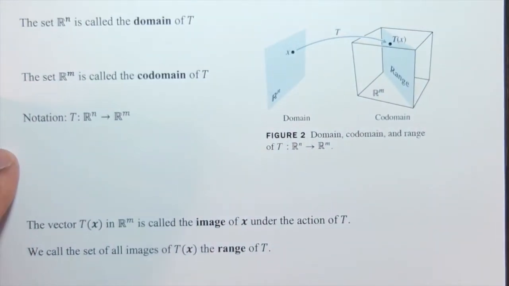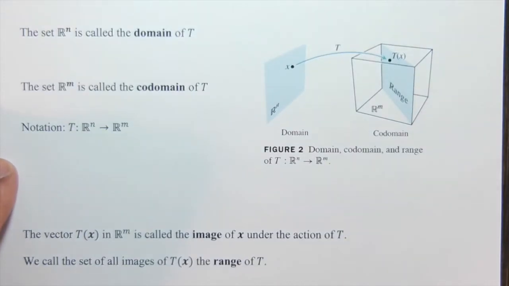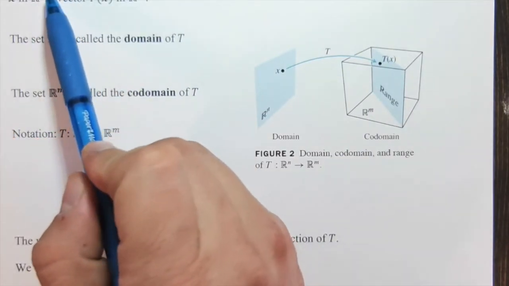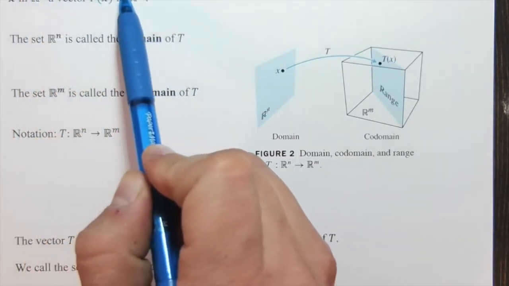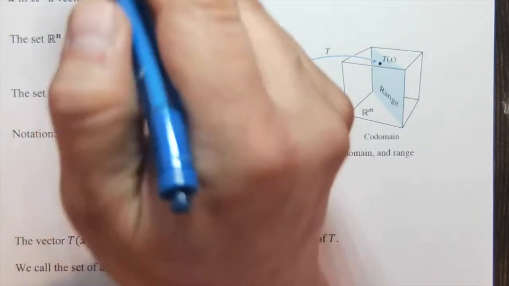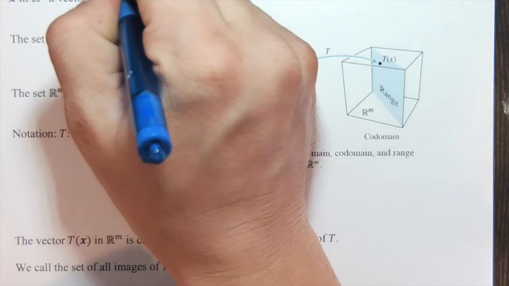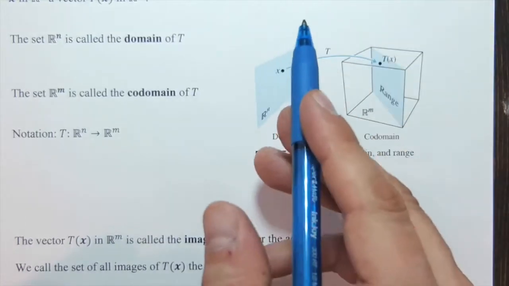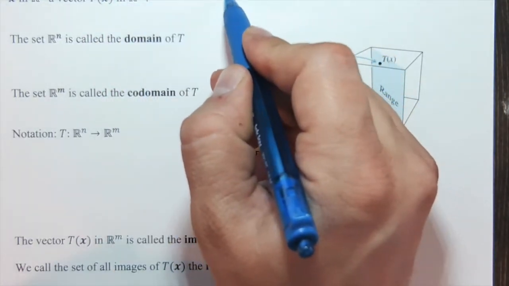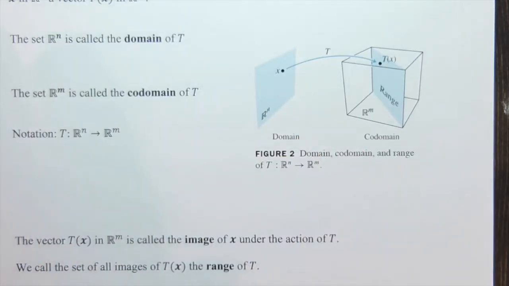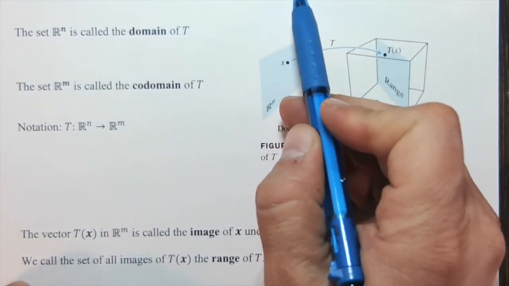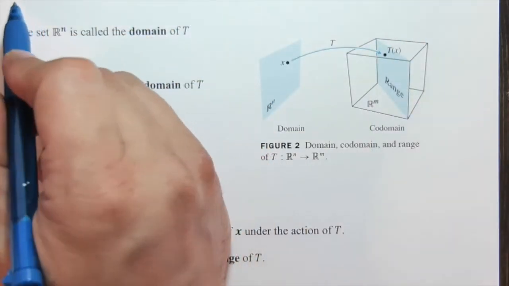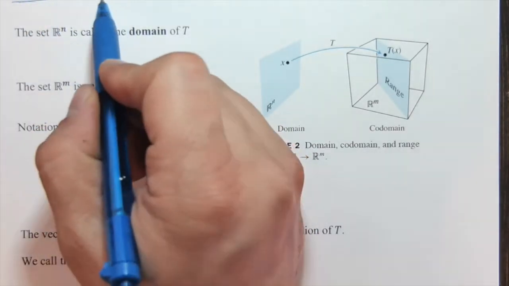Let's just get a few vocab words out of the way. There's often different words for transformation itself. Sometimes people call it a transformation. That's what we'll mostly stick to in this book. You'll also see the word function or mapping in other courses, and generally these things are the same. So each of these three things have the same meaning. We often represent it generally with the script T, or capital T, for transformation in this case. And we say it's from Rn to Rm, right? So those are the dimensions of the matrix. And we're thinking about it as a rule that sends every vector in the first dimension to other vectors in